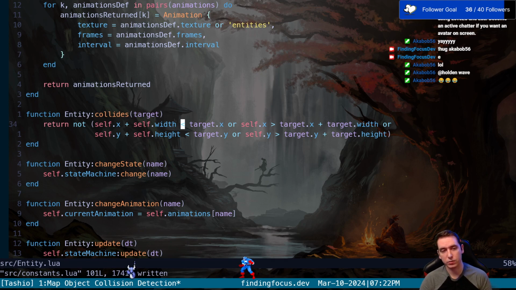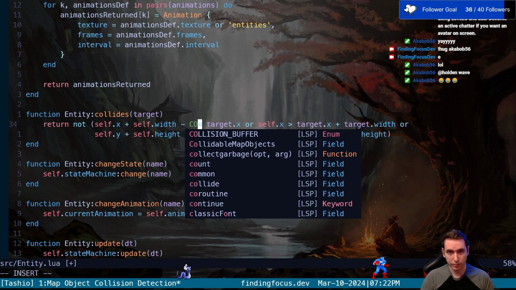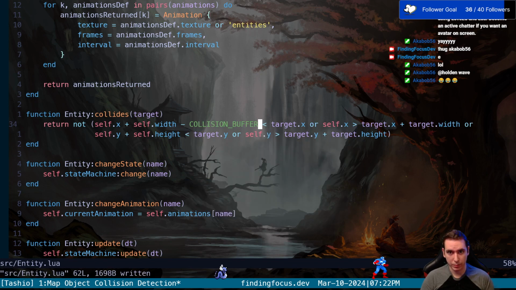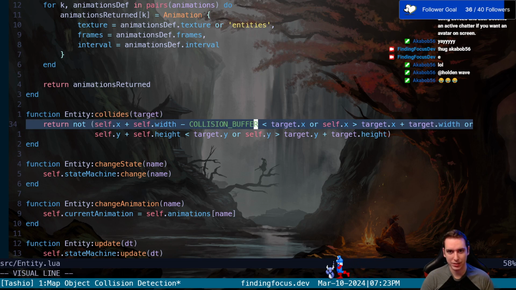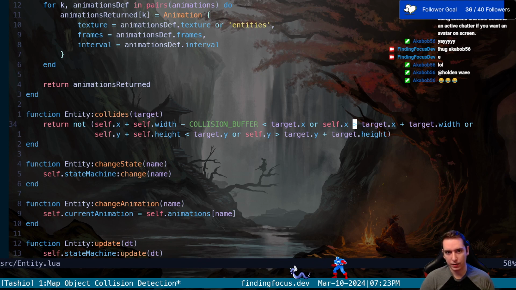I think we can do it just on our entity, just on our self items here, and we can say that if the right side of us minus that collision buffer is smaller than the target X, this is all the not collisions because this function returns the opposite. Then we're going to be seeing if the left side of us is greater than